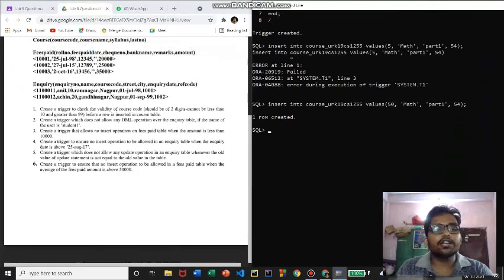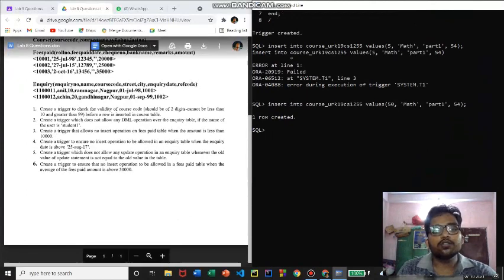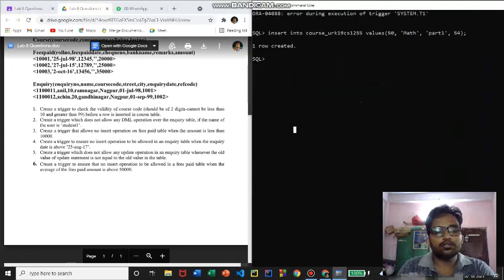And now coming to the second question: create a trigger which does not allow any updation or any DML operation over the inquiry table if the name of the user is student1. So we'll create a trigger for this. Create or replace trigger T2